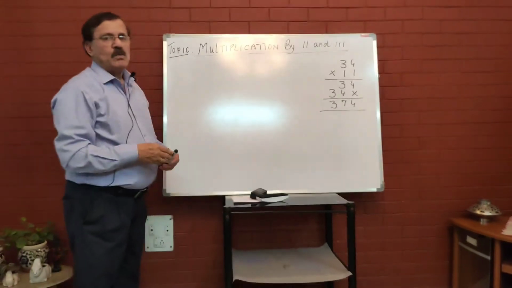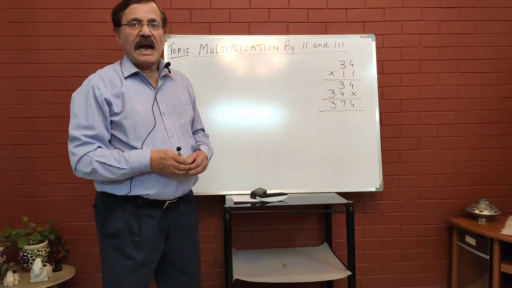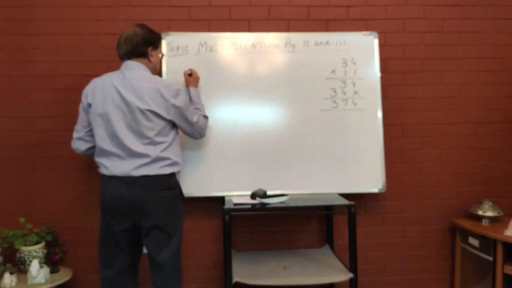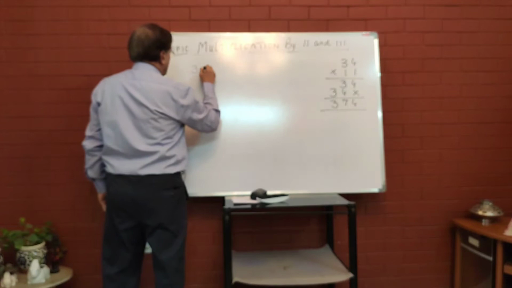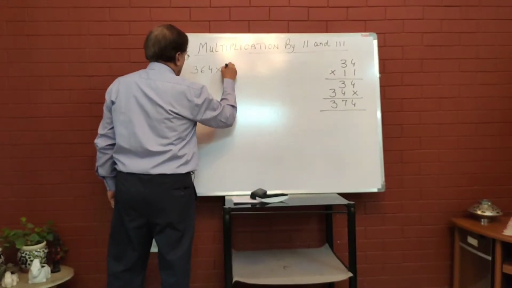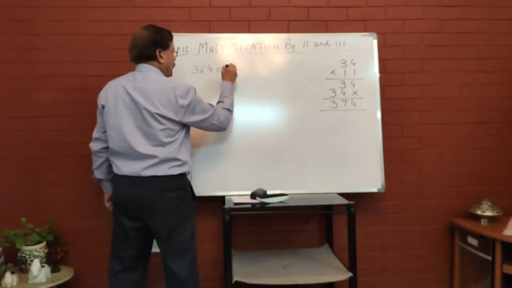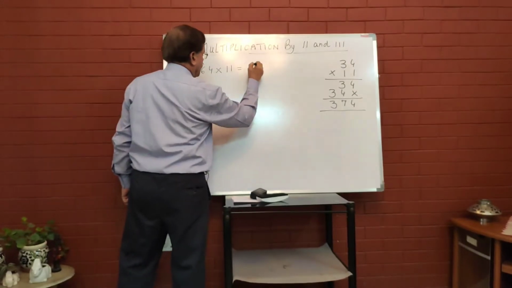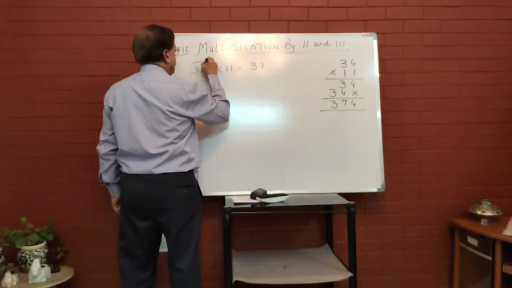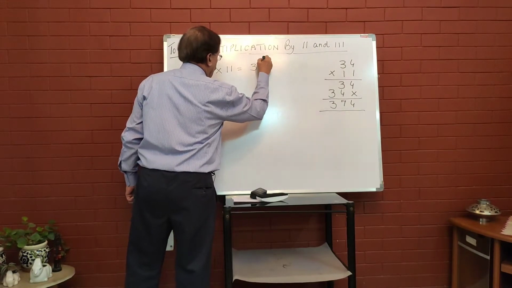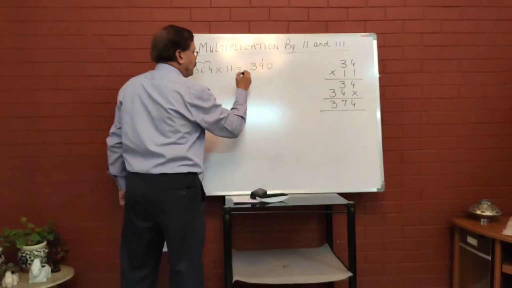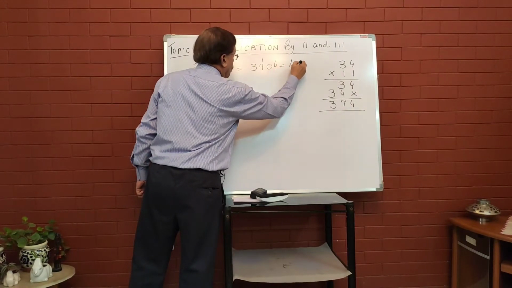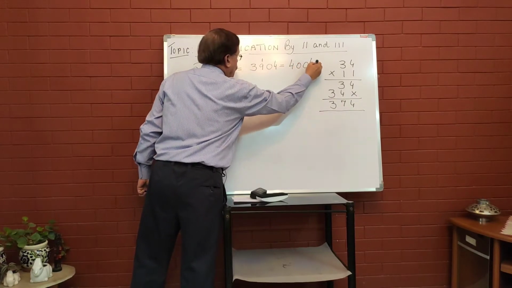I would like to take one or two more questions relating to carryover numbers. And I'll take random questions over here. Like for example, 364 multiplied by 11 is equal to 3 as it is, 3 plus 6, 9, 6 plus 4, 10, 0, 1 carry, and the last number is 4. We write 4 as it is. So what is the net result? 4, 0, 0, 4.